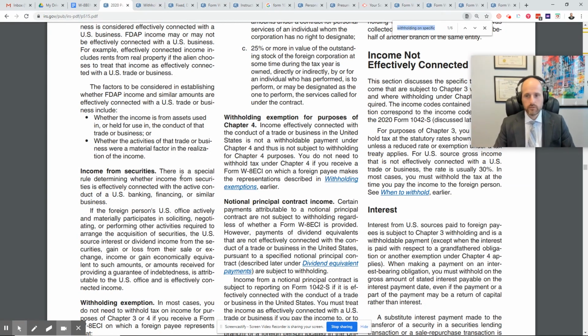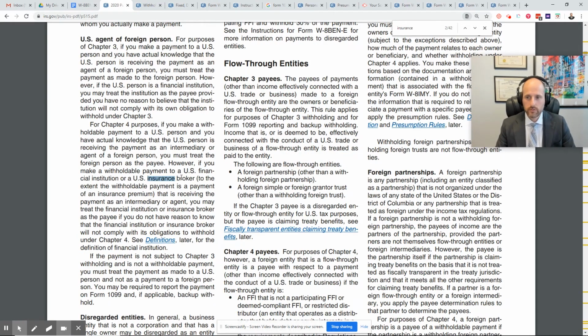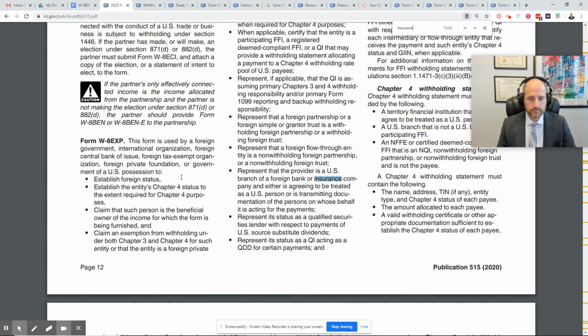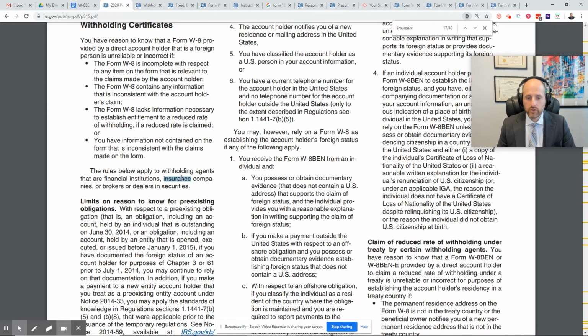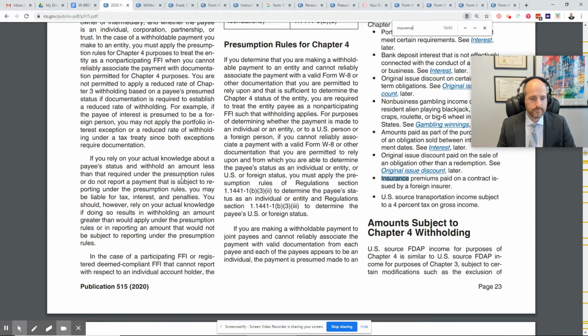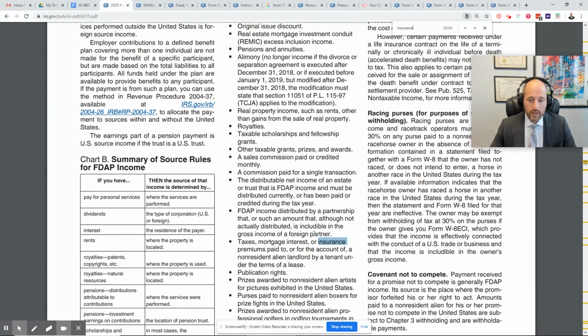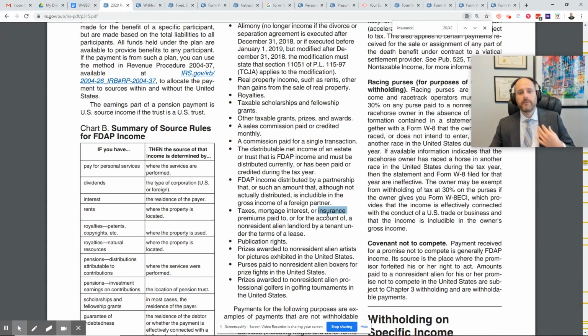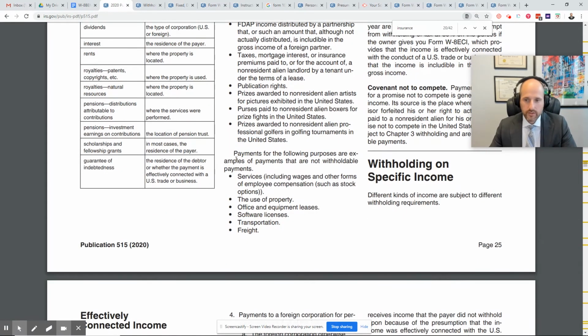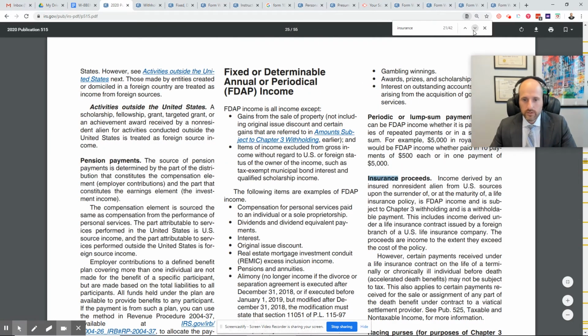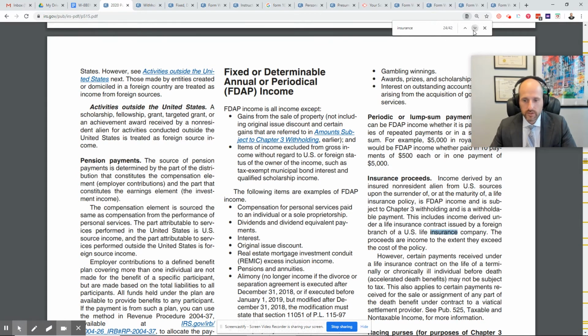So let's do something else. Insurance. Yeah, a lot of this is about foreign insurance companies. So if you're paying insurance, a lot of the insurance stuff is aimed at foreign insurance companies that are doing business in the US. I don't think it's going to say anywhere here. Let me keep going down. Insurance proceeds,